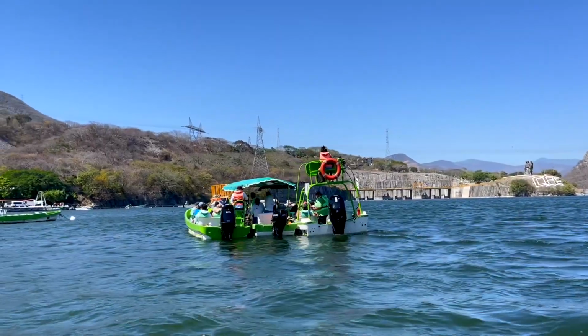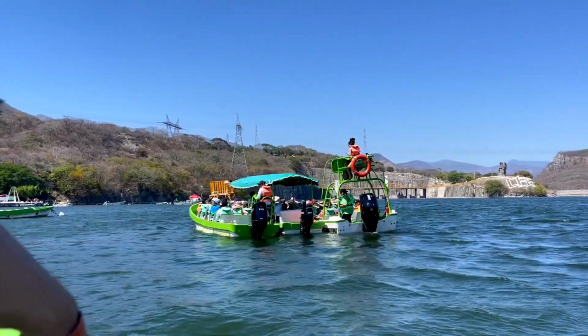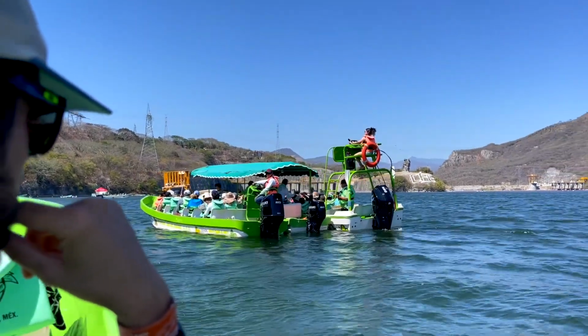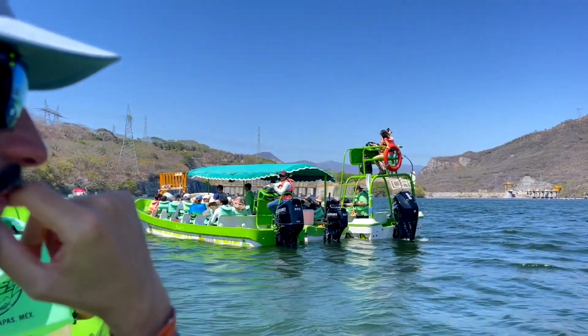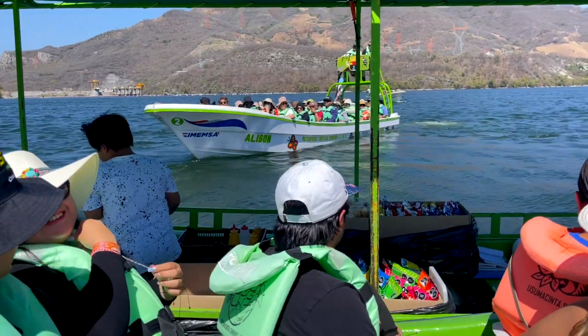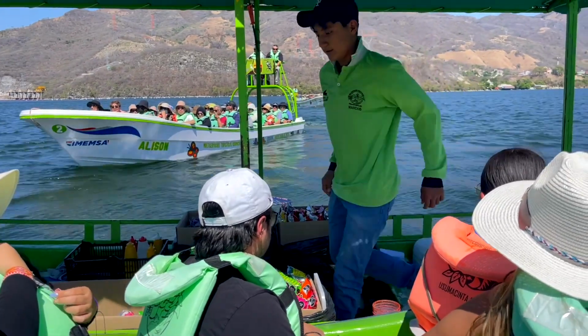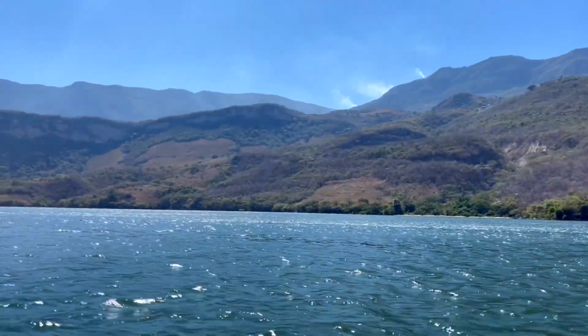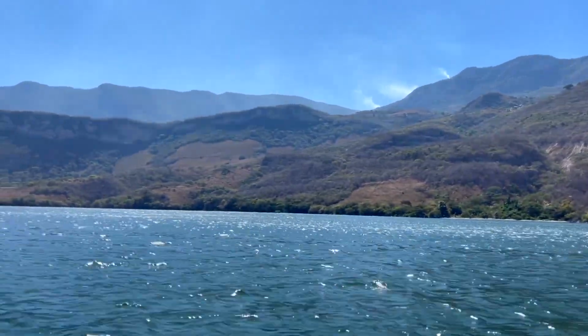I think we're now waiting to go between, well, there's a boat in the middle there that serves drinks and ice creams, I think, as far as I understood. So I think we're waiting to get a drink. Not that I think me and Jeremy want one, but I think that's the plan. So you can basically order food and drinks from this boat and then they give it straight to you, which is quite cool. Once people had their drinks and snacks, we set off and the journey was quite quick,